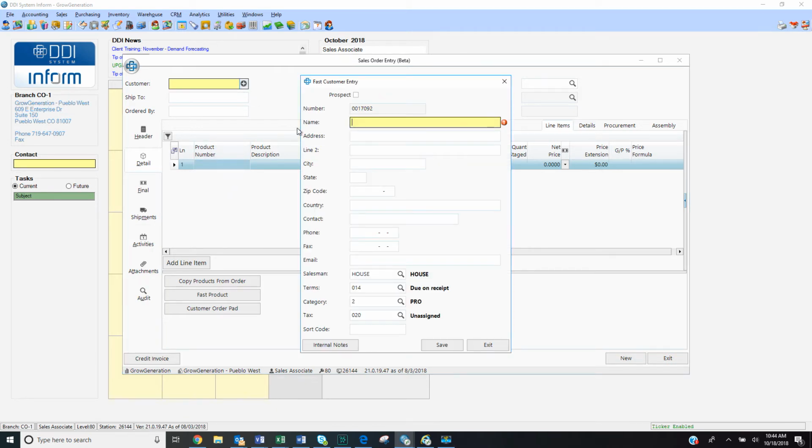This will open the Fast Customer Entry screen. The two required fields for a fast customer entry are the customer's name and the customer's email address. If the customer does not have an email address or does not want to give us one, just enter